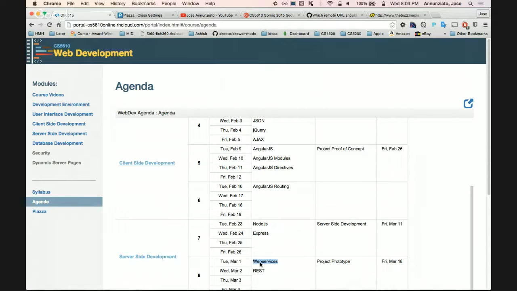For instance, we might say, give me all the recipes, or post a new recipe, or get a recipe whose ID is so and so. Or give me all the users. Give me this user. Give me the recipes for that particular user. Give me that particular recipe for that user in there.